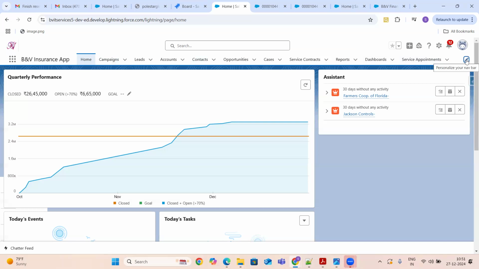Under the app options, there is one checkbox: would you like to disable that personalization? Okay, that is your first checkbox. You have three checkboxes. The last checkbox is related to the omni channel, and your first checkbox is related to personalization. That means whenever any user logs in, they are going to just use the setup that you have provided. They're no longer going to add their own if they want.